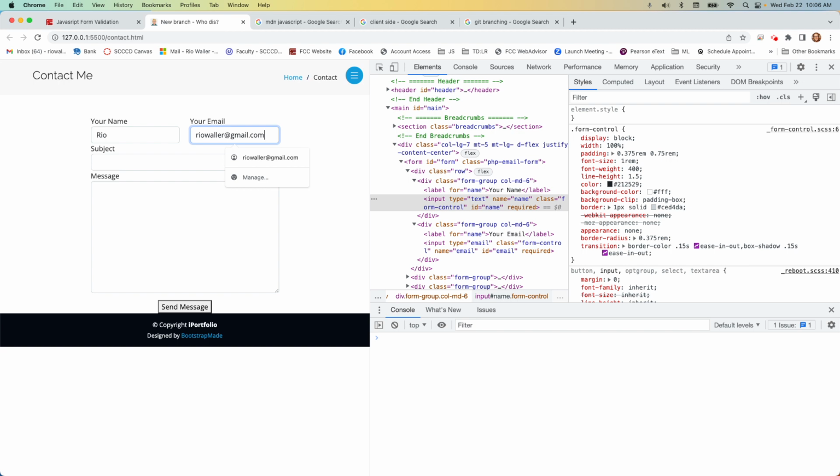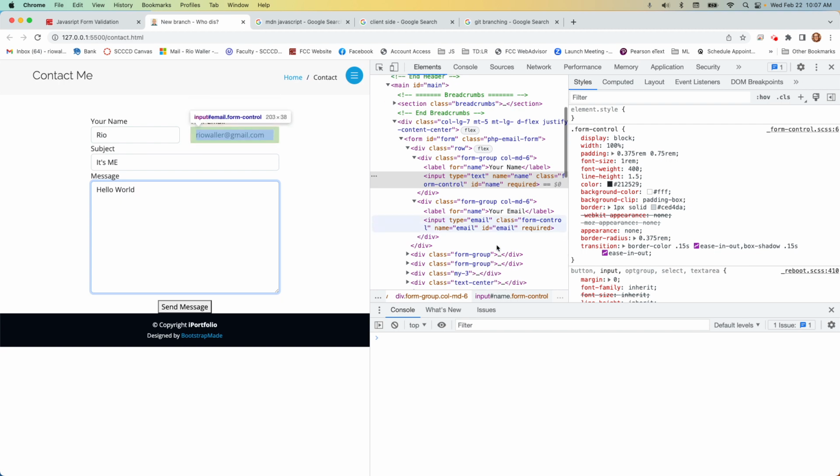attributes that save us from writing so much JavaScript and let the HTML do what it's good at, which is just some basic validation. And then we write custom validation on top of that. So in this case, I'm just going to say, it's me. And then I'm going to say hello world. Okay. So at this point, once I hit submit now, assuming all of my required fields are filled out,